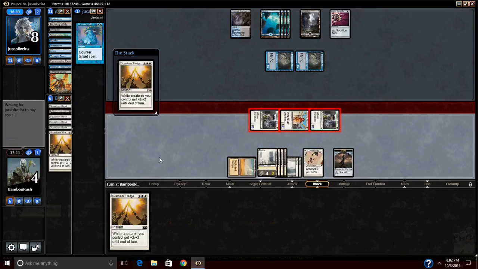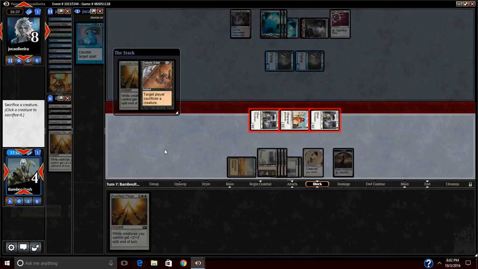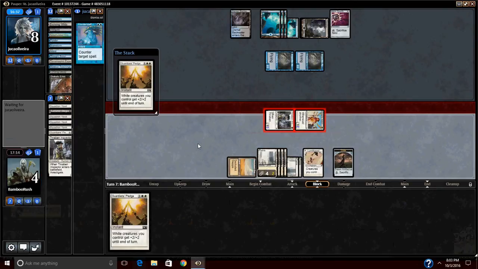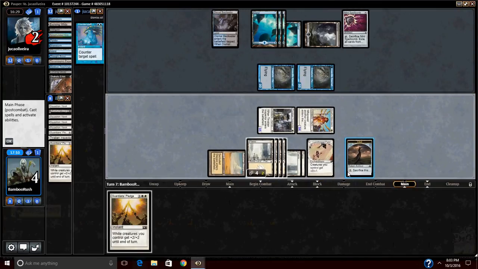And if he has removal, ooh, what if he does damage? Yeah, so that kills us, right? We basically have to draw a Journey to Nowhere, which doesn't do enough. Yeah, I think we're just dead. So if I play Guardian's Pledge, he's gonna counter it. So I guess if I play anything, he's gonna counter it. But